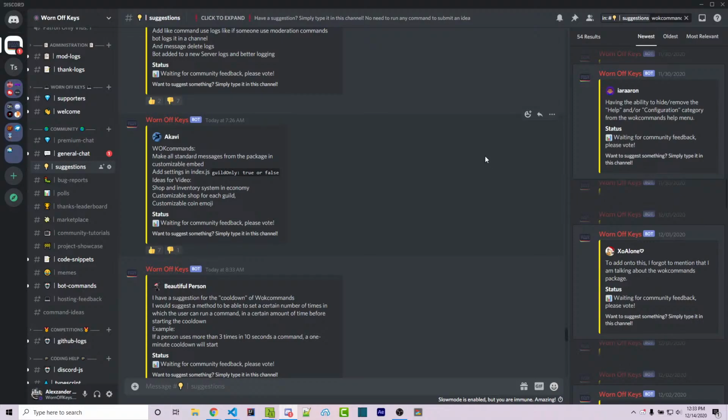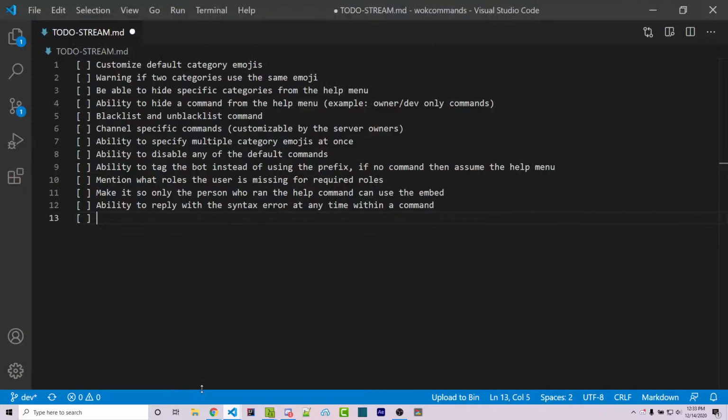Ability to disable the syntax error and replace it with an embed. Okay. Dynamic help command where the setting is on off, but if you switch. Okay. That's something I did have planned, I believe. So let me add in that one real quick when it comes to ability